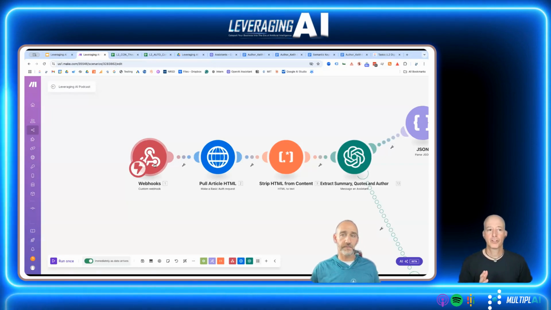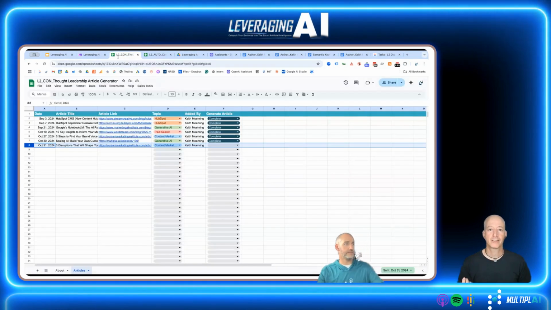For those of you who don't see the screen, the final column on the Google Sheet is basically the trigger. There's a drop-down menu in that Google Sheet, and one of the options is Go. When you switch it to Go, that's what triggers the automation. That's basically what that webhook listens to. It's looking for a new row to change to Go, and then it will run the thing.